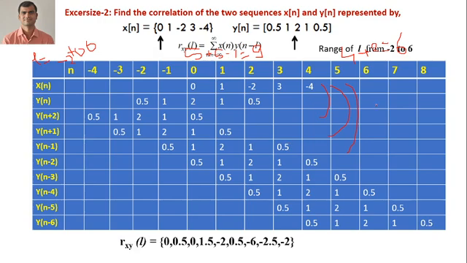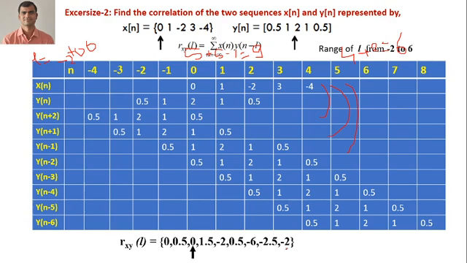After that we will have the answer, Rxy of L is equal to 0.5, 0, 1.5, -2, 0.5, -6, -2.5, -2. Now the position of the arrow: after the arrow, what samples will we have? We will have 6 samples. So the position of the arrow will be at 0, and after 0 we will have these 6 samples. In this way we can solve